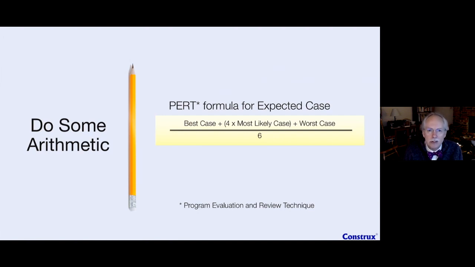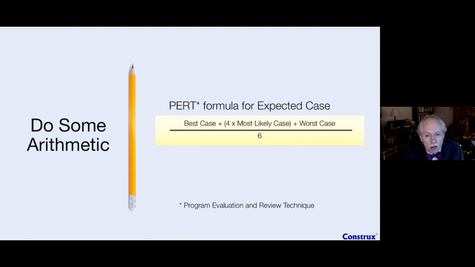Any project managers out there might have heard the PERT Formula before. And this is the PERT Formula. It's pretty simple arithmetic, right? It's not even math. As my math major friends say, this is just arithmetic, right? So if we change it to the terms I like to use, we take the ambiguity point plus the promise point and 4 of our current planning point, which is often our most likely case still, right? And then we add them all together. And then we divide it by 6 to get the average.